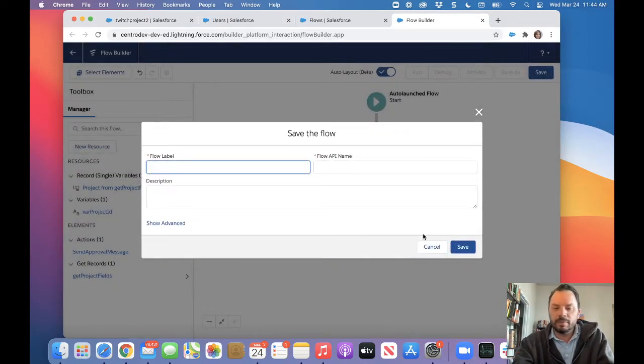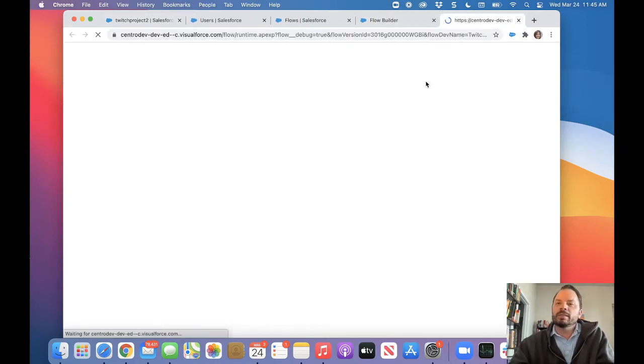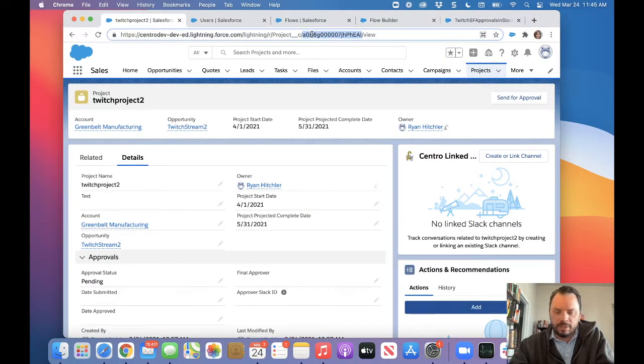We'll call this Twitch Salesforce approvals in Slack. All right, and again, like last time I talked about, I learned this lesson to always debug, not to just run the end-to-end test off the record. So we'll be filling the project ID into this debug event. Okay, so the debug is going to ask for a variable project ID. There's the input variable. Let me grab it from our test project